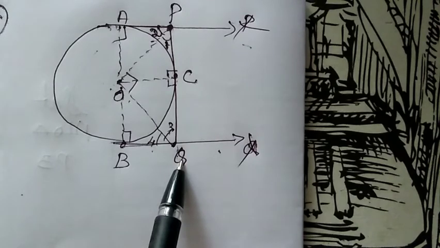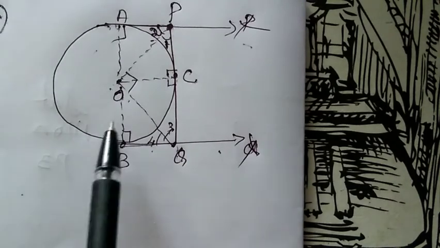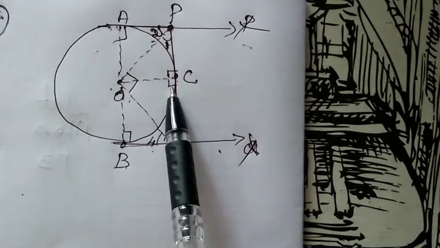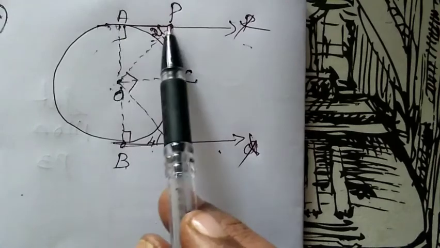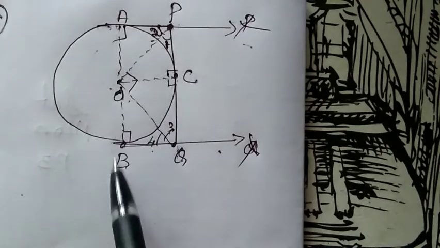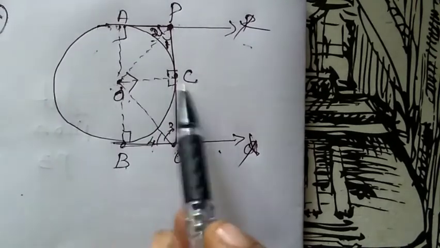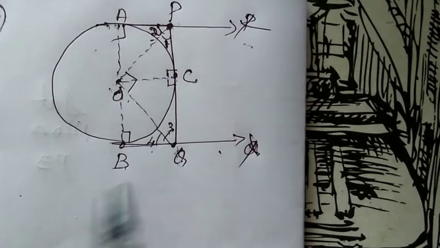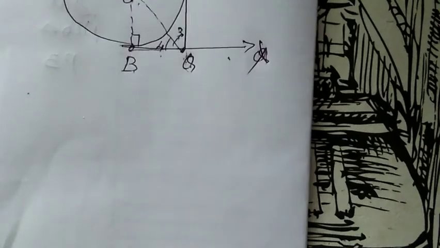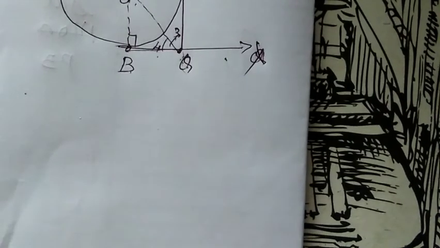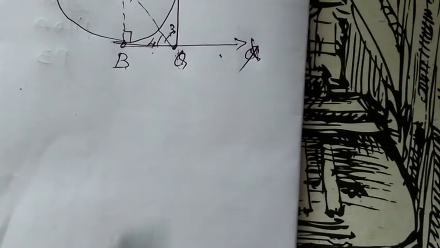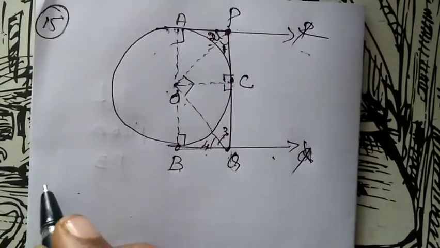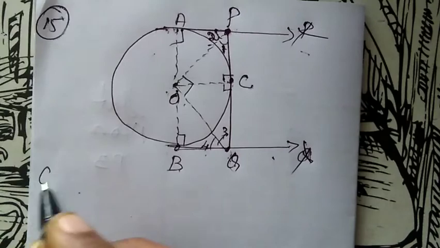So now from the given information and from the diagram, we join OA, OB, OC, all are radius of the circle. So we know now OAP is 90, OBQ is 90, OCP is 90, OCQ is 90. Based on all this information, let us prove it now. So what we are doing now, given